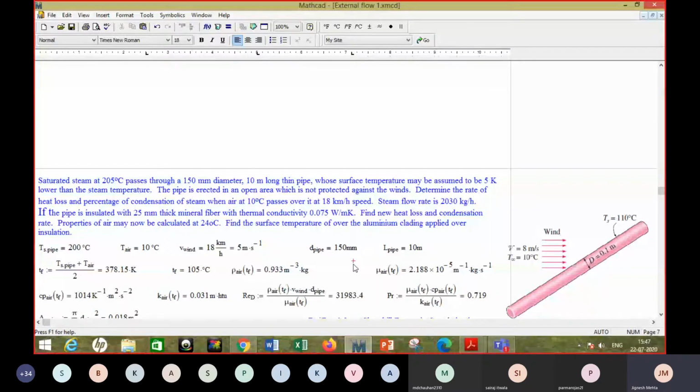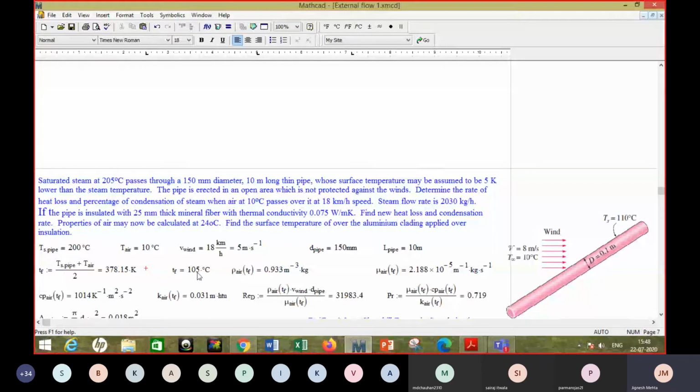Now we are normally interested in the mean film temperature, right? Because of the properties of the air. Now here, what would be required? Whether the properties of air or the properties of the steam would be required. Particularly for the purpose of finding the convective heat transfer coefficient, it is the properties of the air that would be required, because the air or wind is flowing over the surface. So we're interested in what happens on the outer surface of the pipe, not what is happening inside the pipe, right? So the properties of the air are to be calculated, but the properties depend upon the temperature, right?